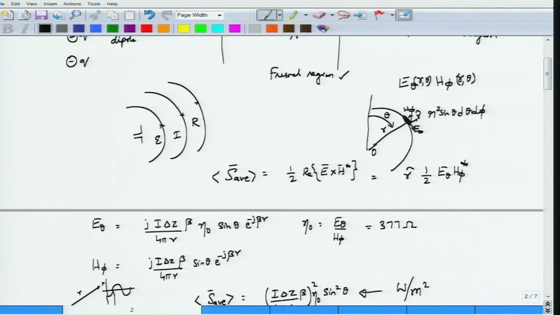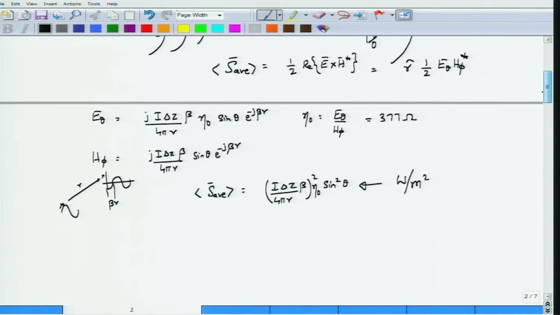the power coming out of that particular patch will be the average power density dot r square sin theta d theta d phi. This would be along r direction, since average power is also along r direction. Sorry, let me put that back. And the patch also has an area directed along r prime. This r dot r will be equal to 1, and what you get here is the power coming out of